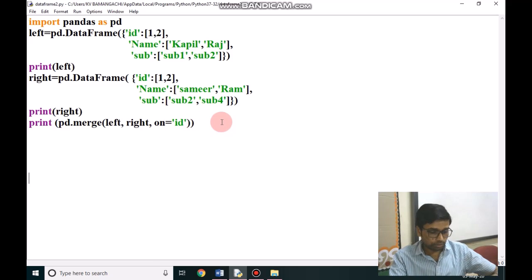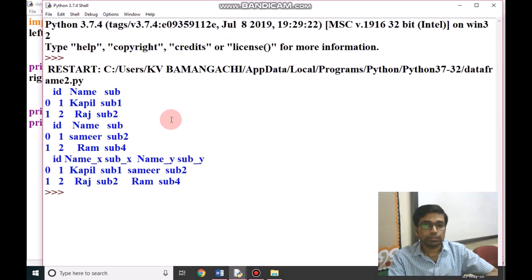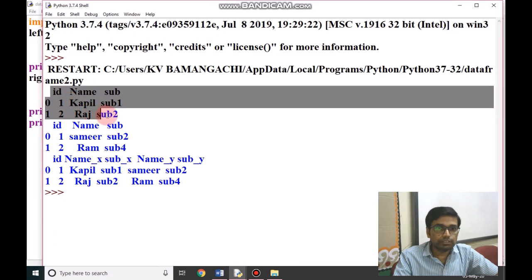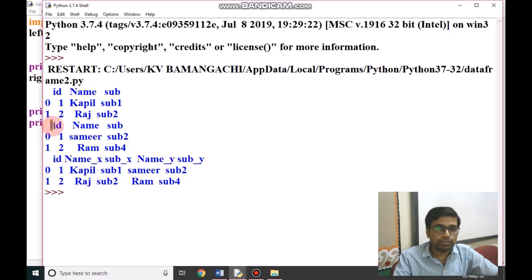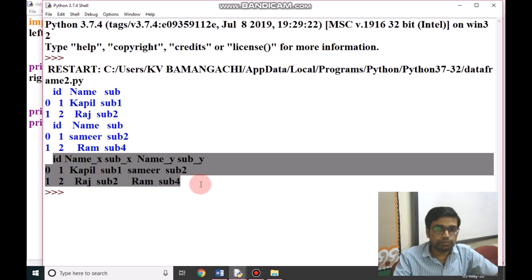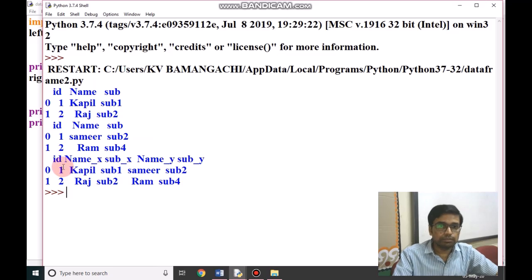If we run this program, we will see here first data frame is this, second data frame is up to here, and resultant data frame is this. How is it merged?